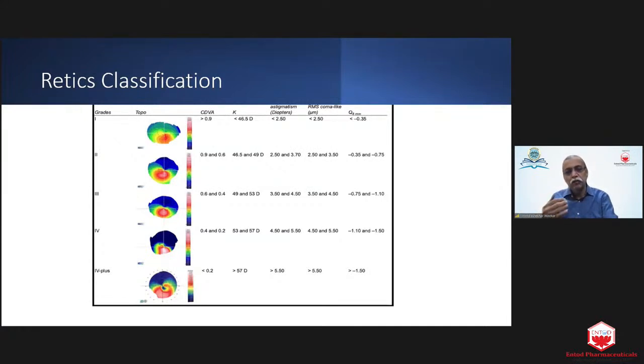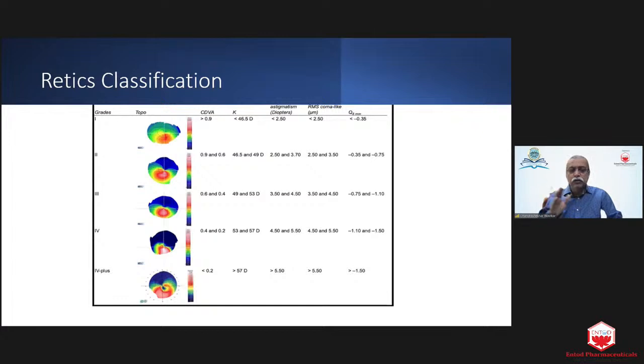Once we have done that, I will see if the central 3 mm has a regular, good cone, and then I would see how much is the astigmatism, and I would treat that. Eccentric cone astigmatism treatment is very, very unpredictable, and the best is not to attempt it. But if you have a central cone and a good amount of astigmatism, we always tell the patient that we are going to debulk the astigmatism, not get it to 0. And then we come to IOL power calculation.